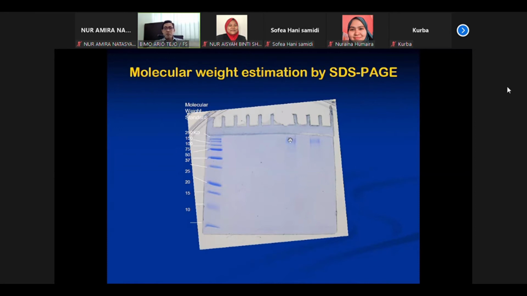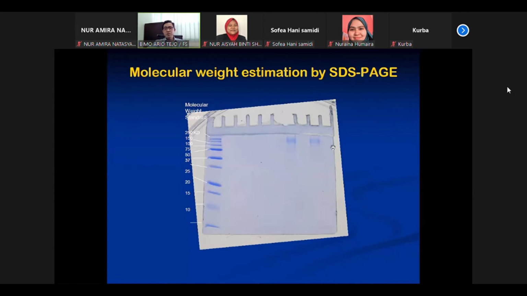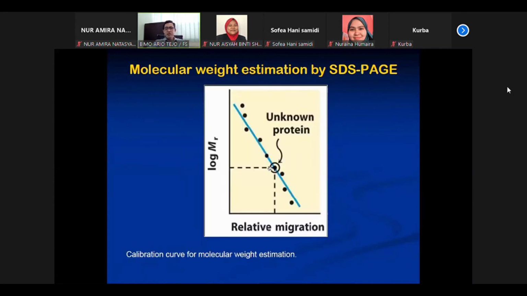And from the quantity, it doesn't look like much, because the band is blurry, not much. And to know exactly the amount of protein, we can use densitometry, like we use a spectrophotometer. So we have to have a set of proteins with known amounts, and then we take their intensity using densitometry, and then this is your protein. Here we can see it is a bit blurry, so we can predict the quantity of your protein.